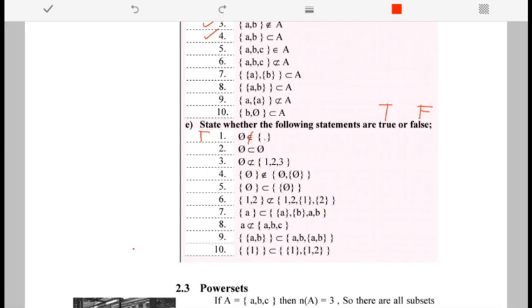Okay, don't make necessary changes. Just make it false. Okay. Now,